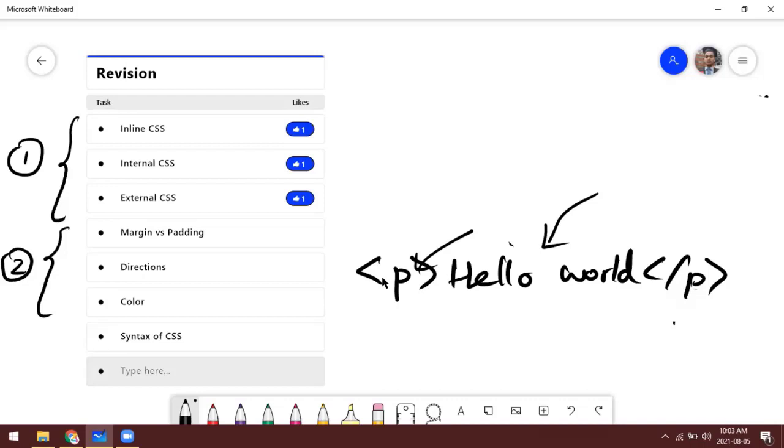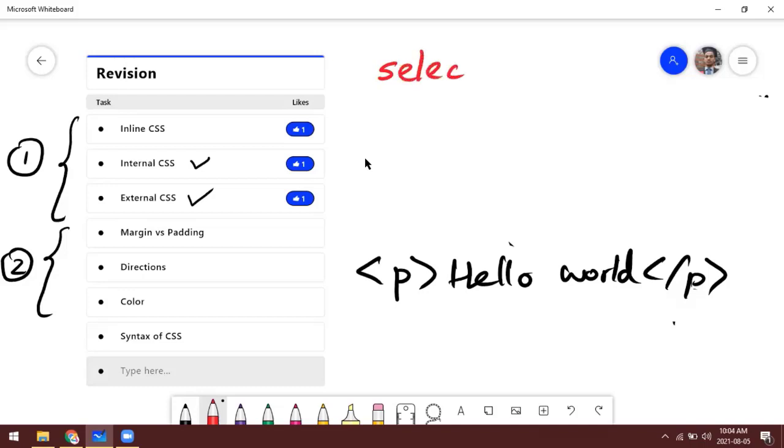Now we are going to talk about the syntax, how we reference any CSS style to any particular HTML element or group of elements. In that case, the syntax format is applicable to internal CSS and external CSS. Syntax, you know, the format, or you can call it the grammar of programming.